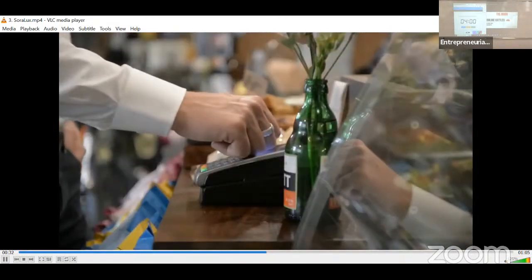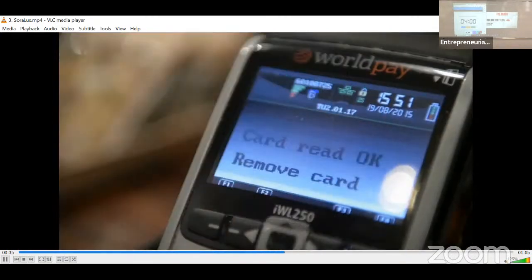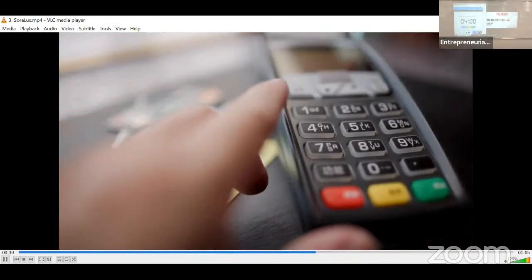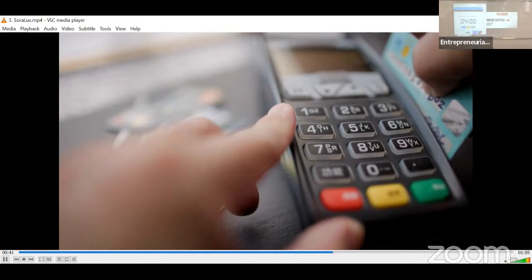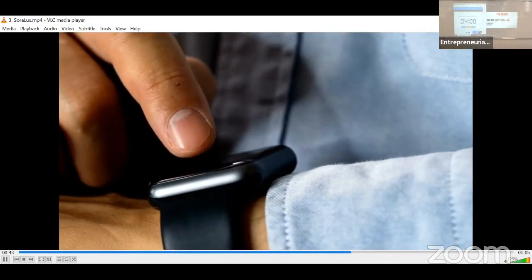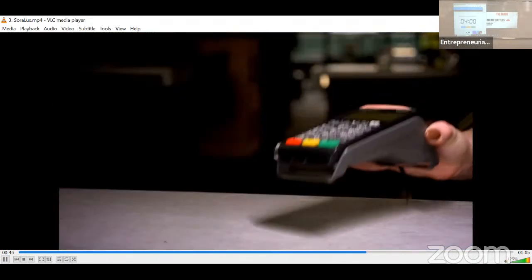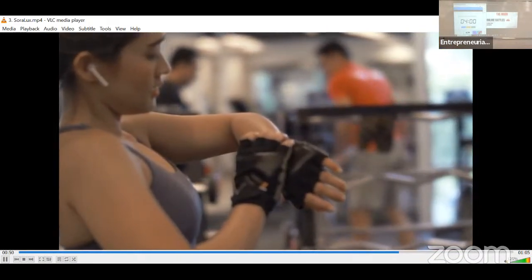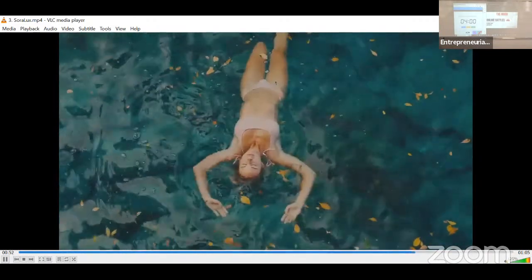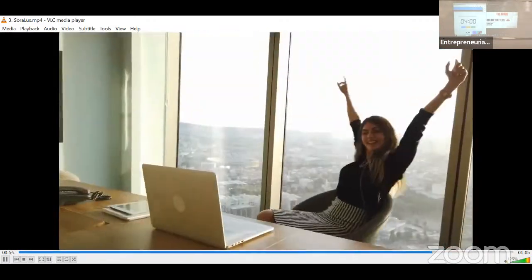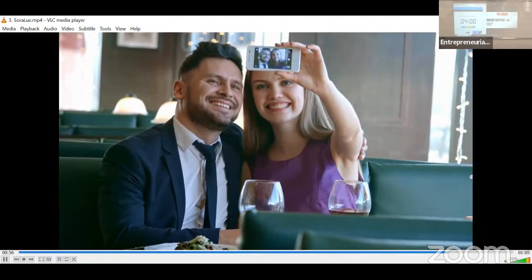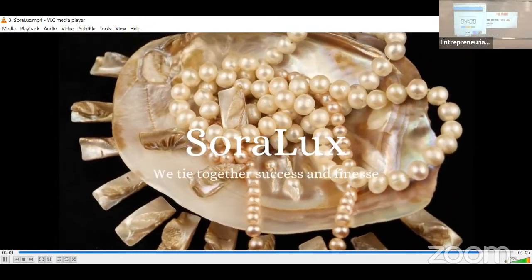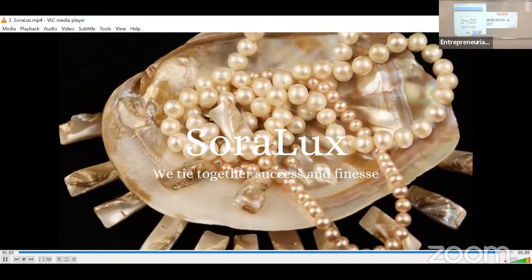This allows our users to pay by the touch of their fingers, anywhere, anytime, and on many types of payment terminals. Sora Lux adapts to a fast-moving industry where connected accessories have become a norm, whether it is on the wrist or in the skin. Our product will benefit those who are independent, flexible, tech-oriented, and seeking elegance. Sora Lux, we tie together success and finesse.